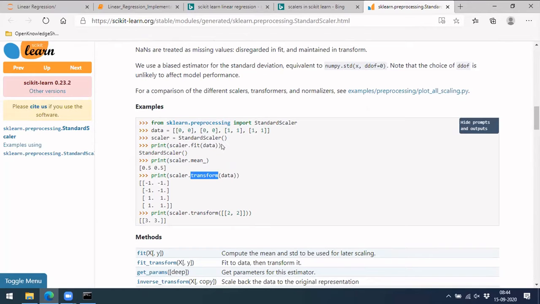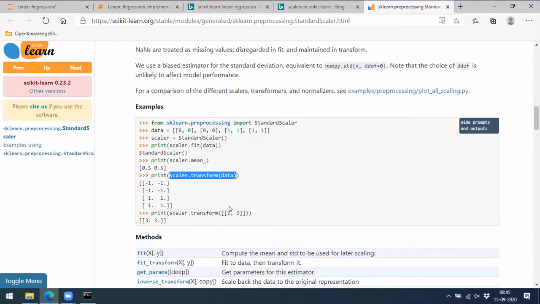Initially let's go with .fit. You have some data, maybe in this example it is 0 1, and if you want to change it with a scaler, you do scaler.fit, passing the data, and then .transform on the data.